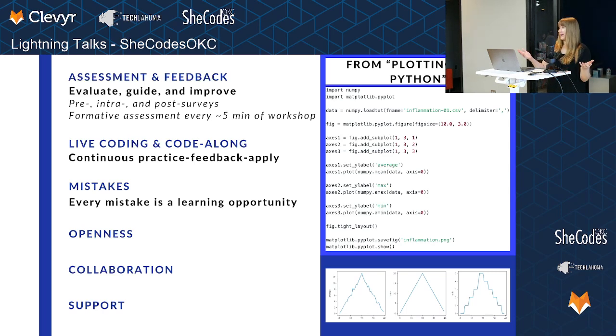Why do you think I got this error? And make it a collaborative experience. Very open. We want all learners to feel like they belong and that they are welcome to ask their questions and help each other, collaborate with each other, and gain support from the helpers and the instructors.